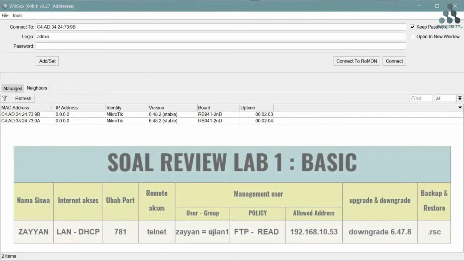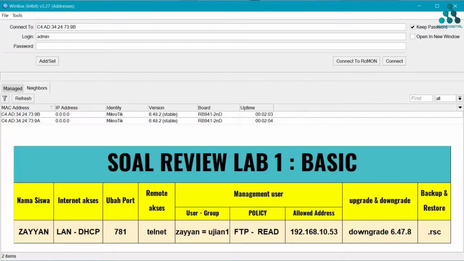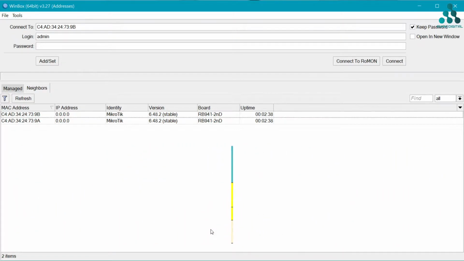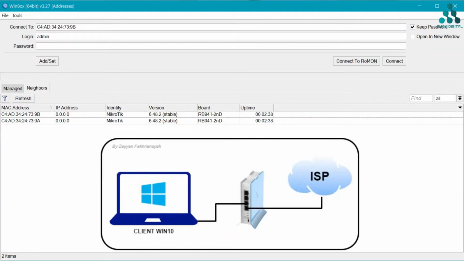In this case, I have a case like internet access with LAN DHCP client, and then I change the telnet port to be 781 and make a new group and user with the policy only FTP and read, and with the allowed address 192.168.10.53, and I have downgraded to 6.47.8, and for the backup and restore I have .rsc. It means using export, and the topology is like this.